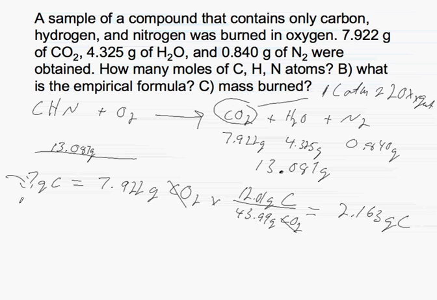If I look at the next one, if I want to know how much oxygen I have, well, how many grams of oxygen is equal to 7.922 grams of CO2. And from the formula again, I know that for every one